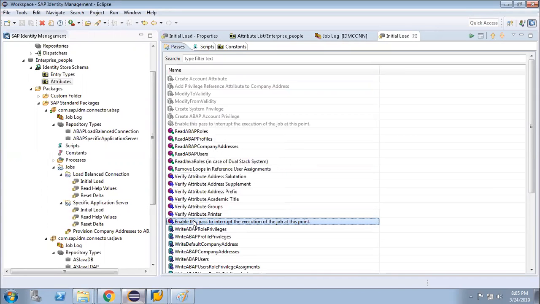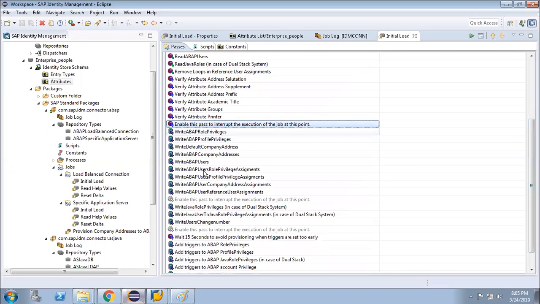What this pass will actually do, as written here, is enable these passes to interrupt the execution of the job at this point. That means these are only read activities. It will not do the write activity, it will not do the rest of the activity.